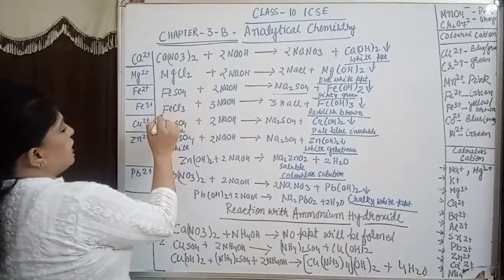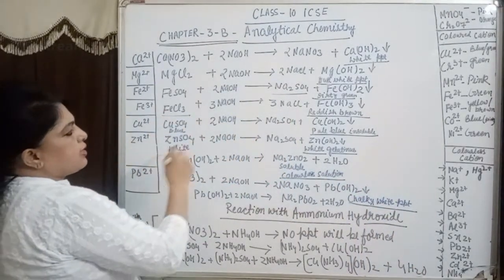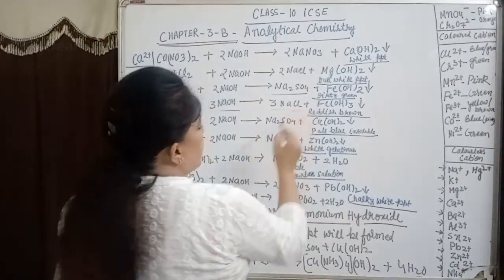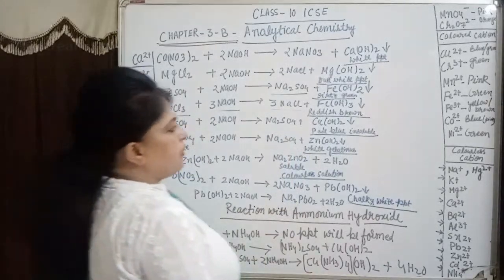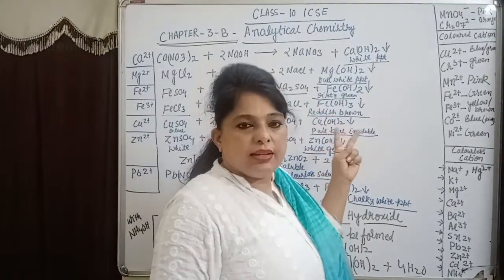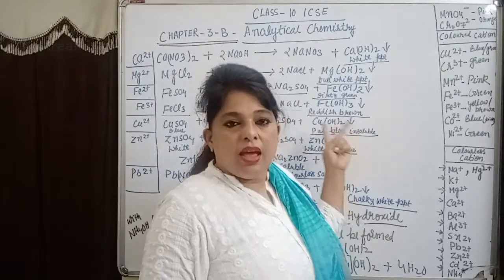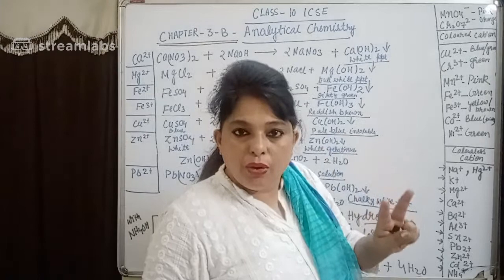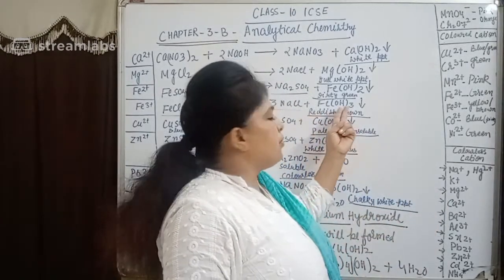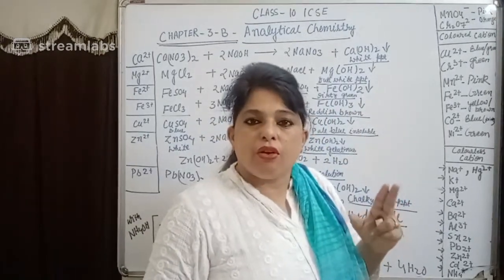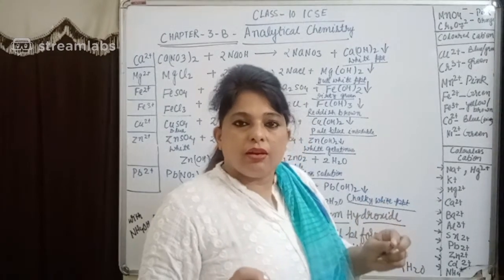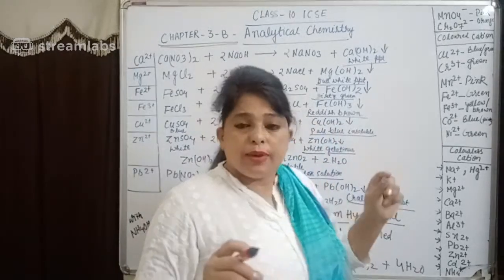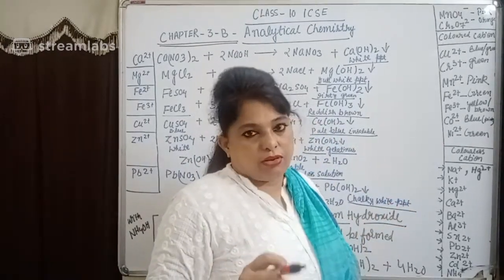Now, if we take ferric chloride in this case and we have taken sodium hydroxide, we know that sodium chloride is a soluble salt, but we will get an insoluble hydroxide, that is ferric hydroxide. And I told you ferric iron shows two colors, either yellow or brown. So we will get reddish brown precipitate of ferric hydroxide. What will be the color of this? Reddish brown precipitate of ferric hydroxide.